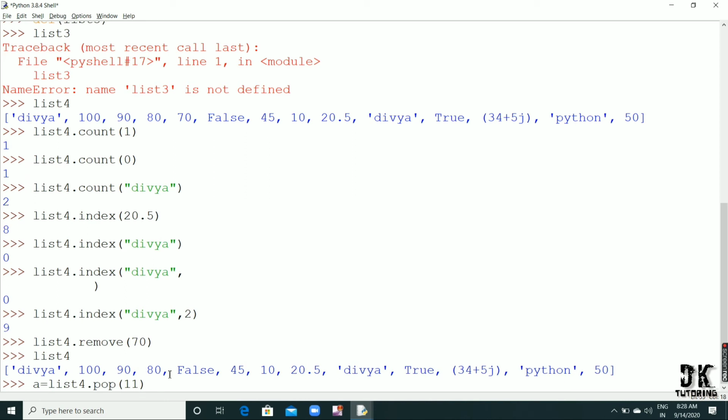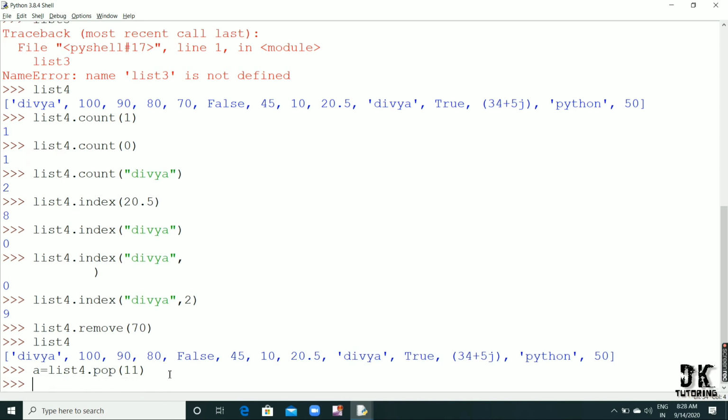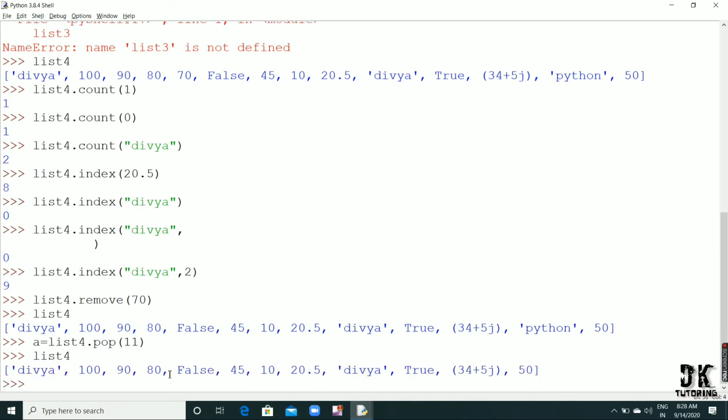You can count this list 4. See, 11th data means this Python is removed from here. Can you see here Python? I cannot see.